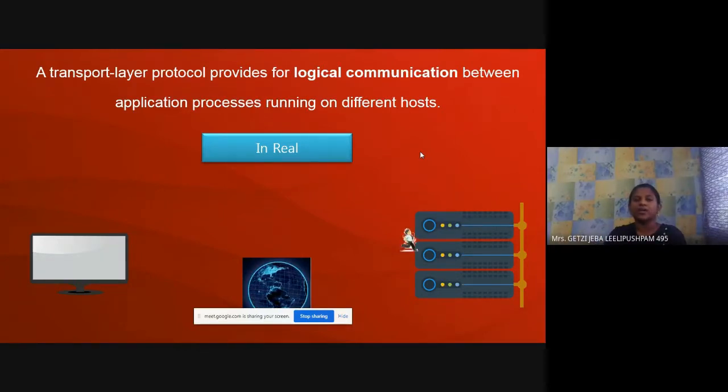Whenever you open an application, your application has to go to the server and come back to you. This is how services are provided to you. Now the transport layer plays a major role in this. As the packet jumps through the internet, the transport layer also helps take the packet to the server and then bring the reply back to you. Not physically, but logically it helps us. How it logically helps us is what we are going to discuss.